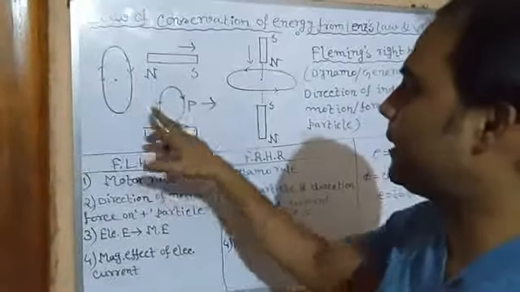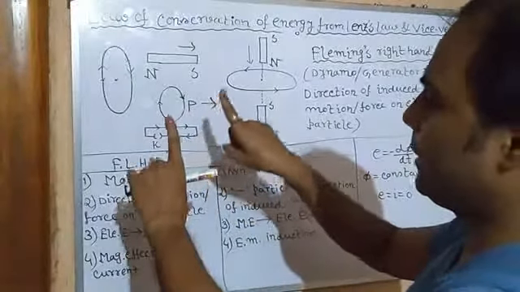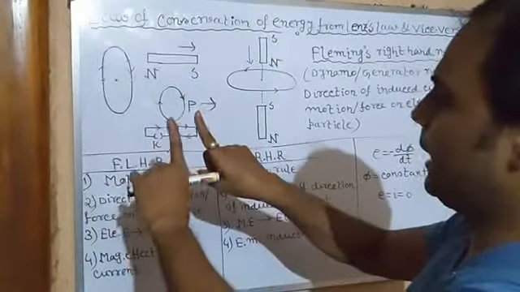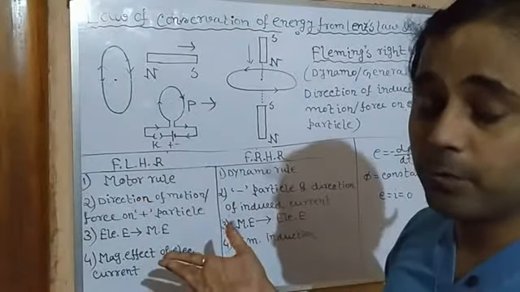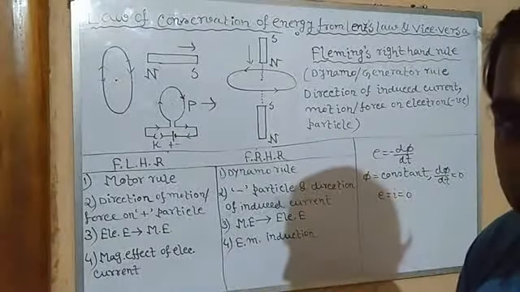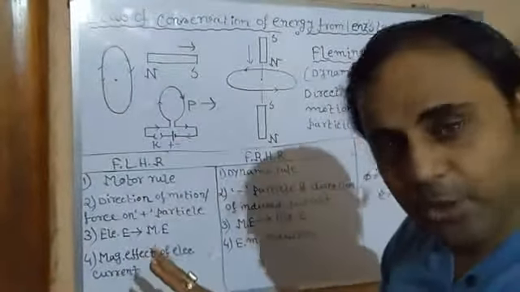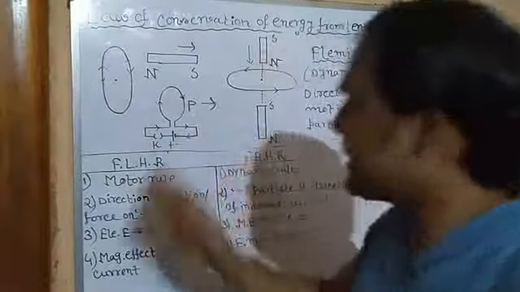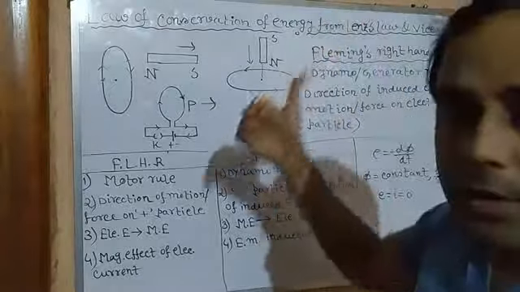Now it is attracting. Now we can see both the parallel current carrying conductors are carrying current in the same direction, and we already know from the definition of ampere, in case of two parallel current carrying conductors, if the currents are in the same direction, they attract each other. Clear? So it means in these cases, how is it consistent? How can the law of conservation of energy be obtained from Lenz's law?